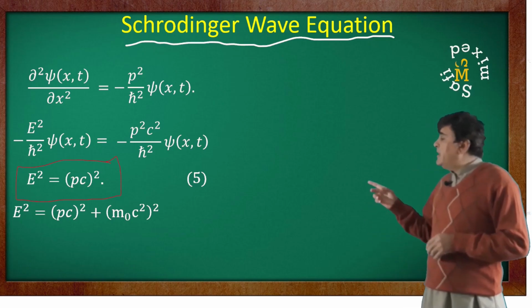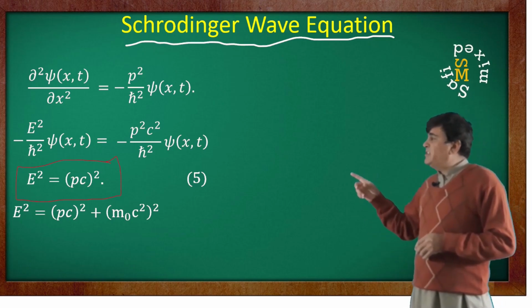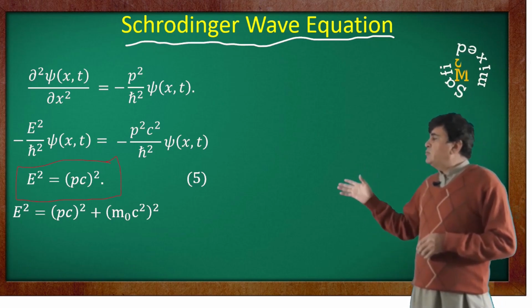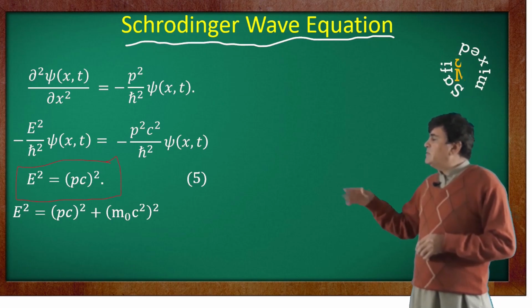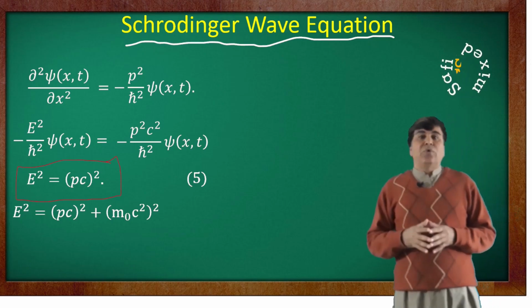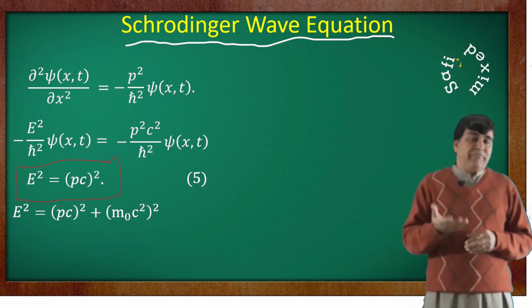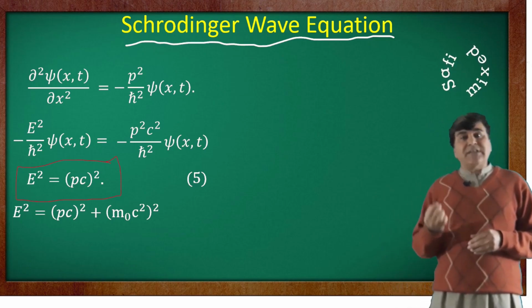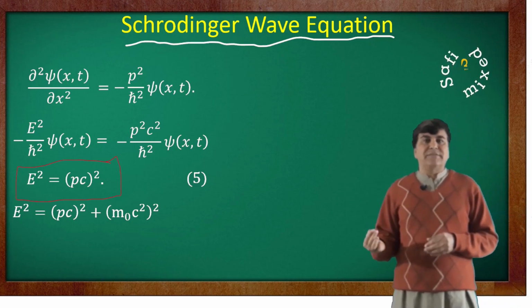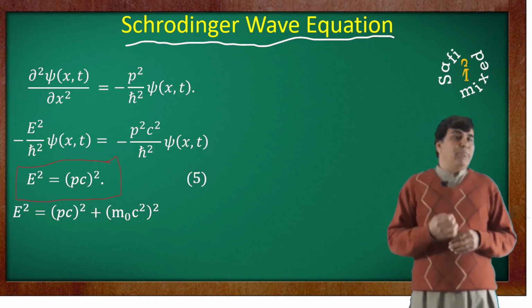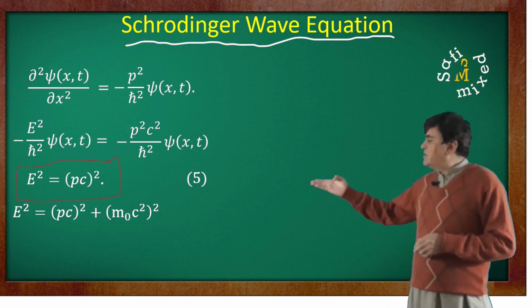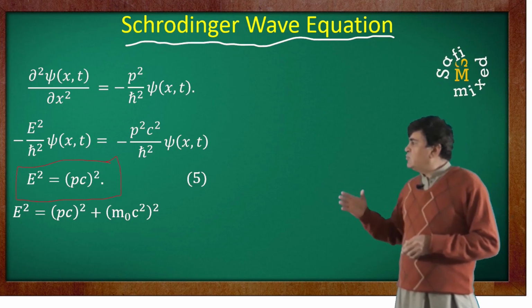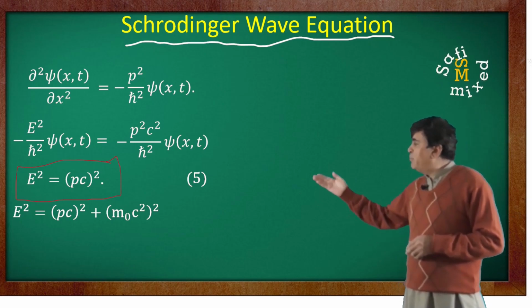We know from relativity that the square of the energy equals (pc) whole squared plus (m naught c squared) whole squared, where m naught is in fact the rest mass, which is 0 for photons. And substituting m naught equal to 0, this equation reduces to E squared equals p squared c squared, exactly what we obtained from